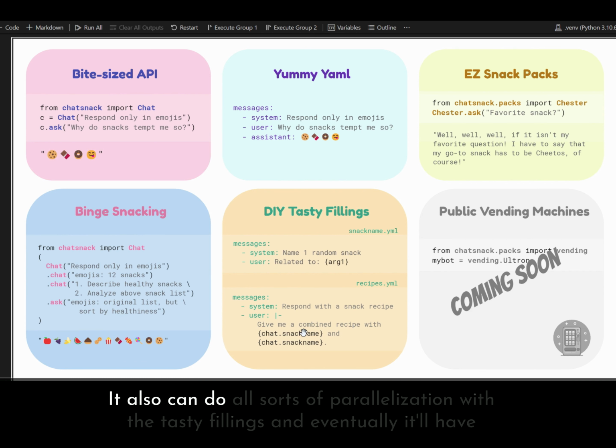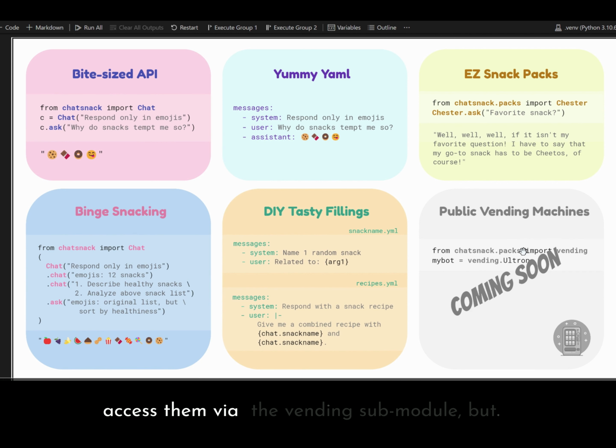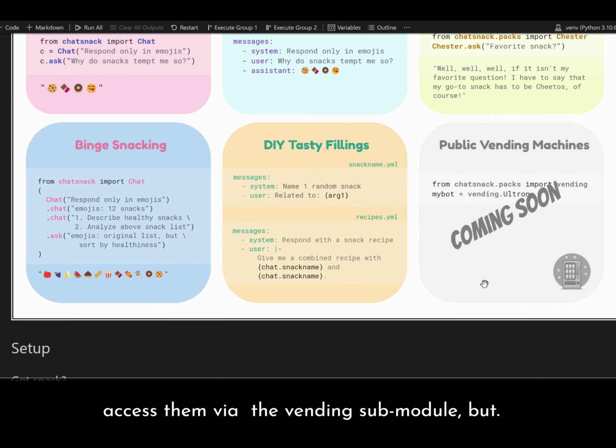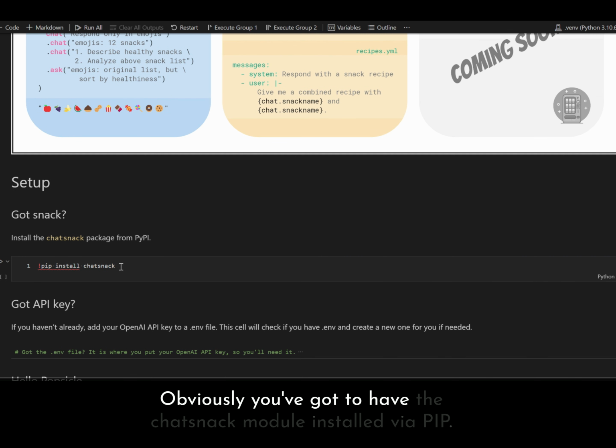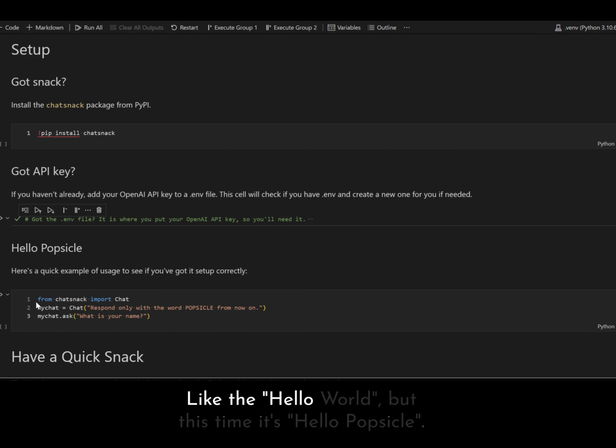It also can do all sorts of parallelization with the tasty fillings, and eventually it'll have vending machines where the public can create whatever bots they want, and then you can just access them via the vending submodule. But just to show you how it goes, obviously you've got to have the chatsnack module installed via pip. You've got to have your API key, and then a very simple example like the hello world, but this time